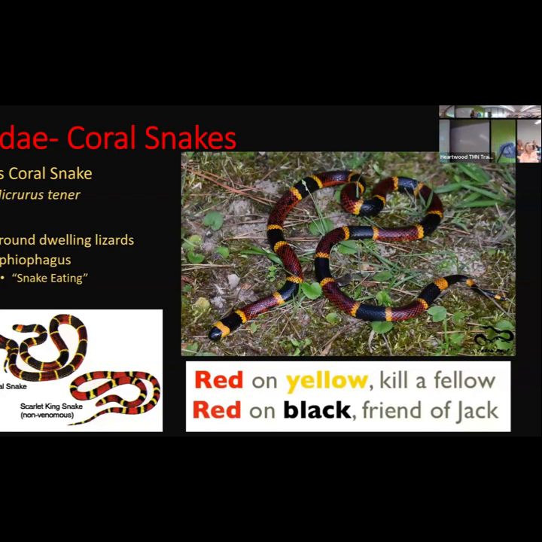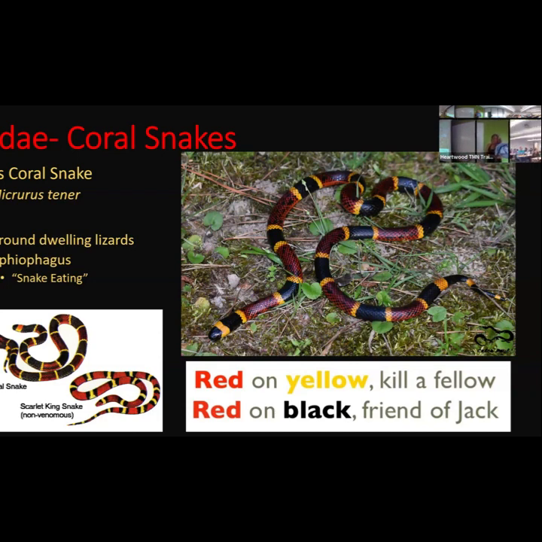So I want to talk about coral snakes really quick. This is the adage that we always hear about. Red on yellow kills a fellow. So if red is touching yellow, it's venomous. If red is touching black, don't jump back. Okay, or friend of Jack, whatever. If you go south of the border into Mexico and South America, this does you no good. You're on your own. All coral snakes in South America and Mexico are multicolored, and it doesn't matter which is touching which, because they're all venomous. So this only works for our Texas coral snake.